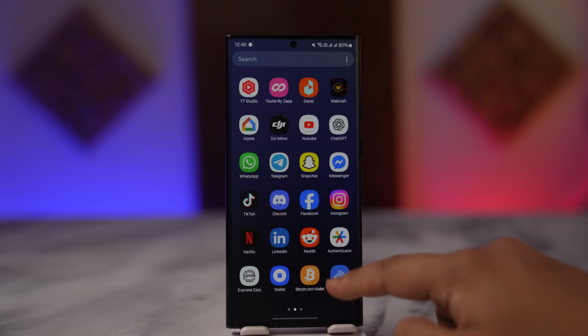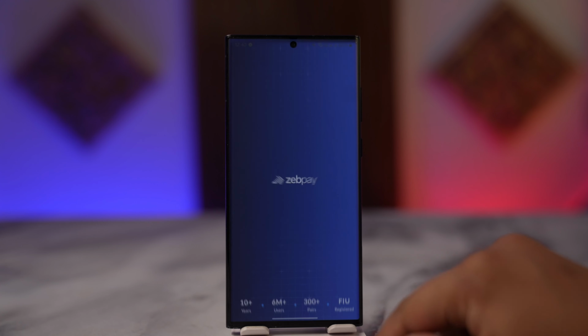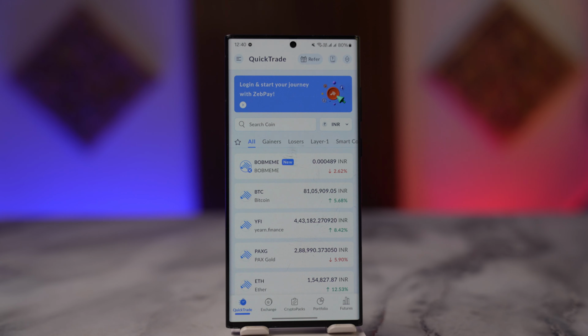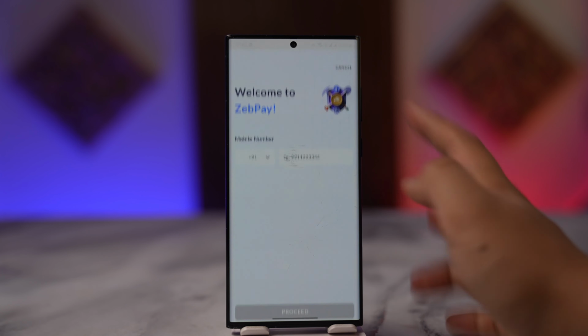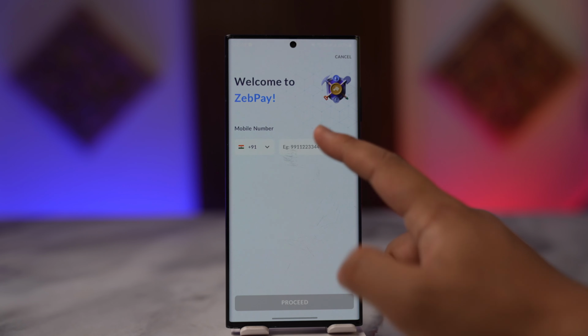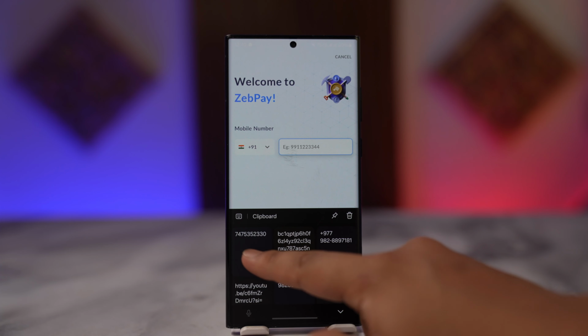What you have to do is first of all make sure to launch the ZebPay application, and once you launch the ZebPay app, this is the interface that you will be able to see. Now when you've done that, at the top it says login and start your journey, so tap on that particular button. Now you simply have to enter your country code,